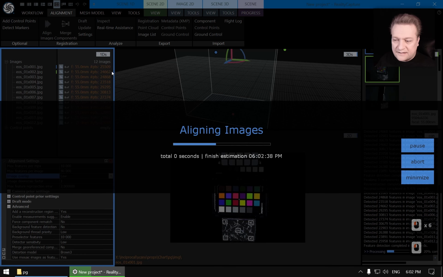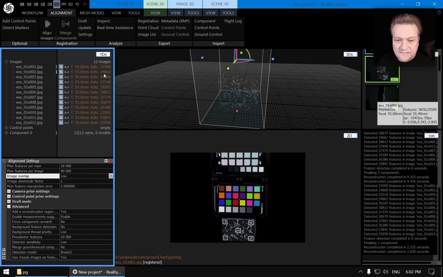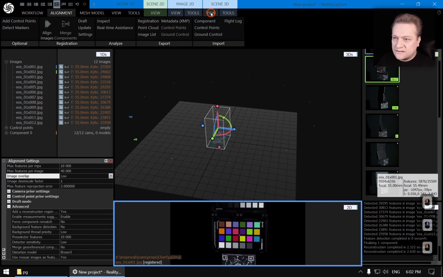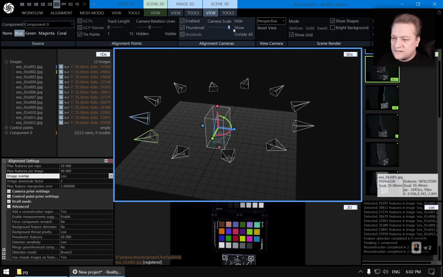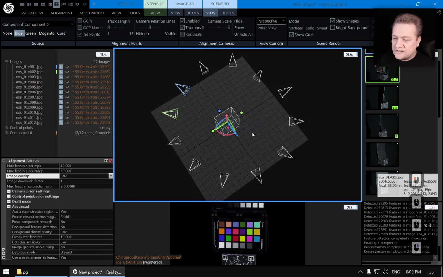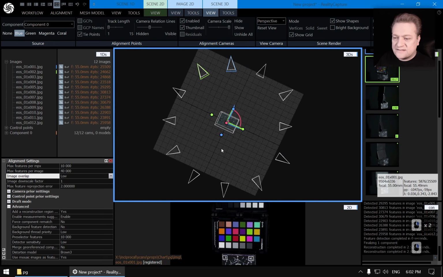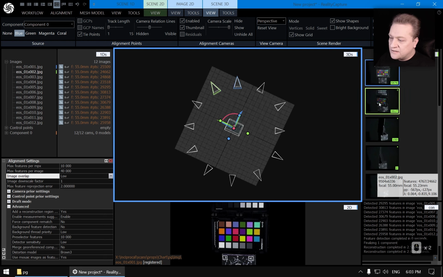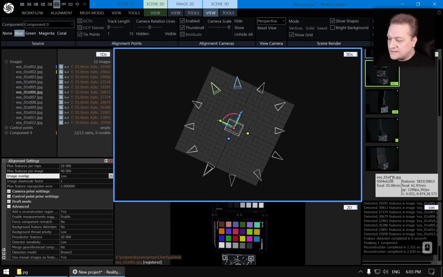Let's try low overlap. Oh, there you go. So we got something that looks quite a bit better. Let's scale our camera. So we get our cameras, and this is a very important thing. As I said, we shot everything with a turntable. We know that all cameras must be the same distance to our object there in the middle, and the focus was the same. However, here on the right, when we hover over those shots, you would see that we have